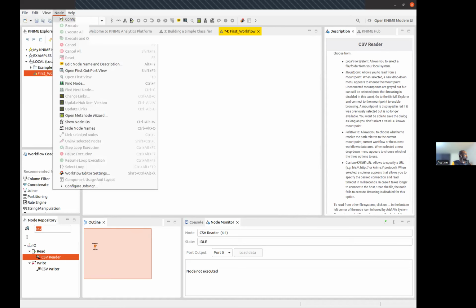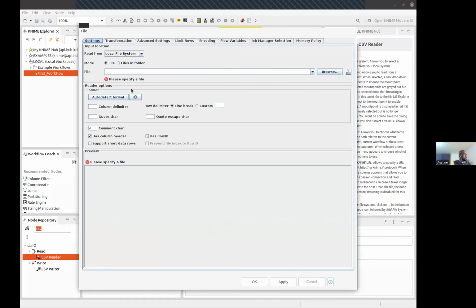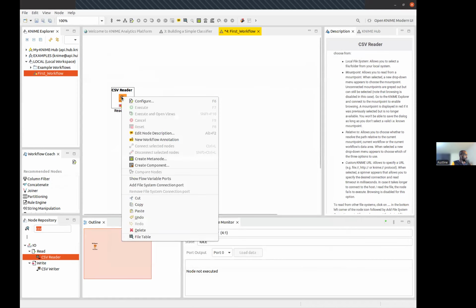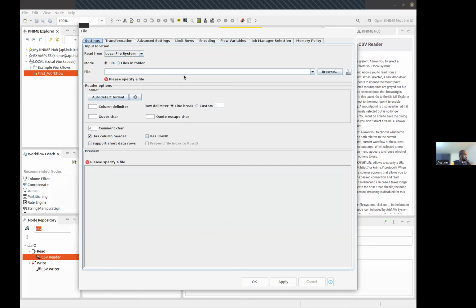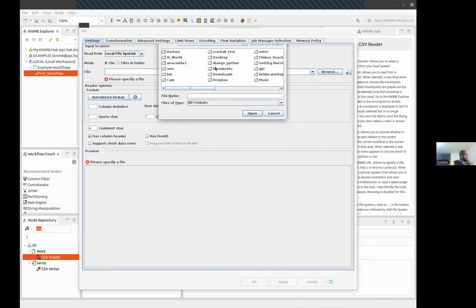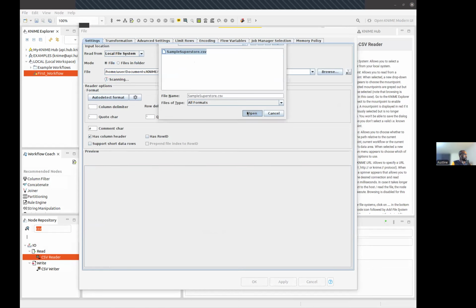In the node, you can configure the node by using F6, or you can just double click. When you double click, you go straight to the configuration, or you can right click. You can also see the shortcut F6. When you click on configure, you just want to locate the data, and I think the data is here. Yes, this is the Superstore CSV. And then when you open it,